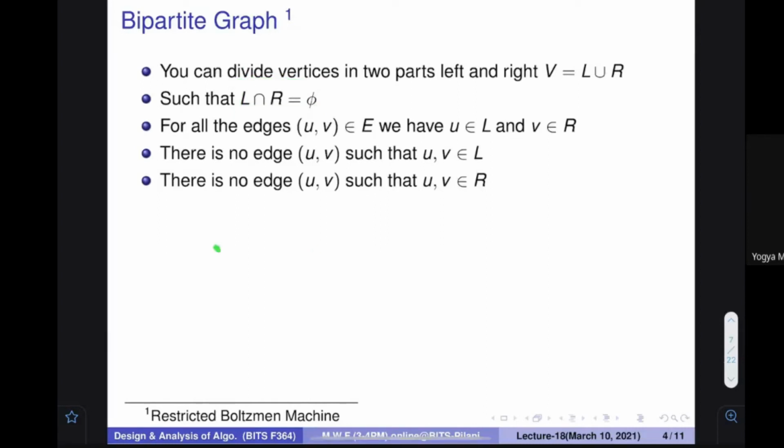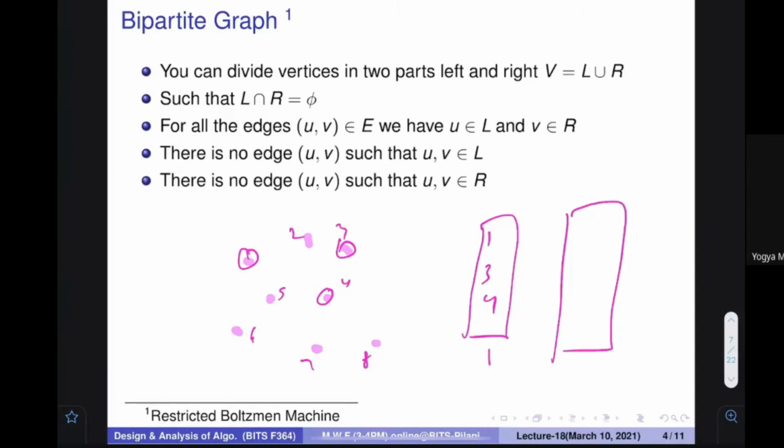So what do I mean by this? All the nodes that you had, I am going to put them inside sets. Let me write 1, 2, 3, 4, 5, 6, 7, 8. I say that 1, 3, and 4 go into one set, that is L, and all other things go into another set, 2, 5, 6, 7, and 8. If I divide this in such a way, as you can see, nothing is common. L and R are disjoint. So if I find out who are common, there is nothing common.